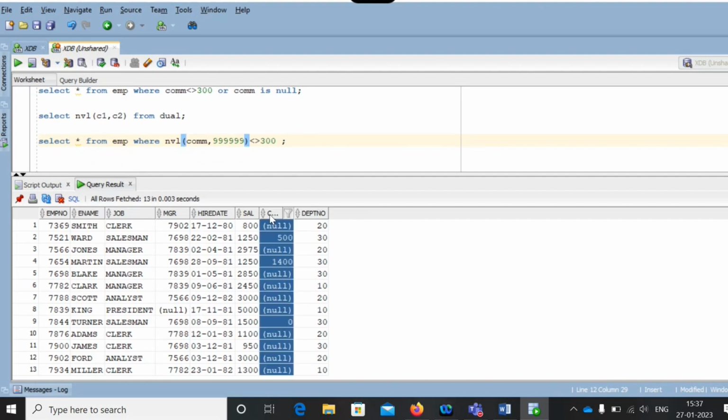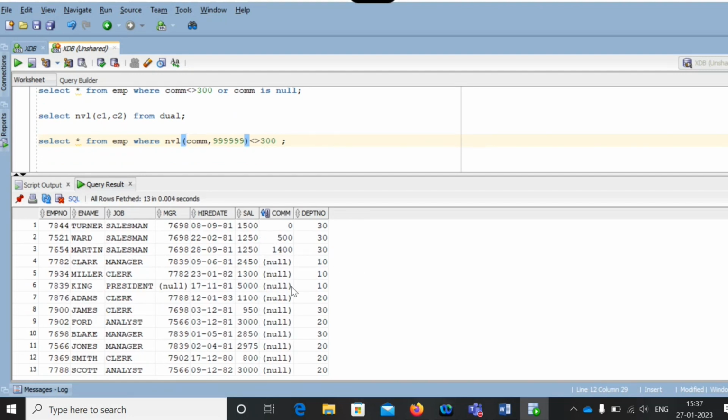You don't have 300 here. You are not at all getting any other values. You are getting null values as well. Because it is comparing with the values wherever I have the null, and I'm going to compare 999 is not equal to 300. It is comparing in that format.